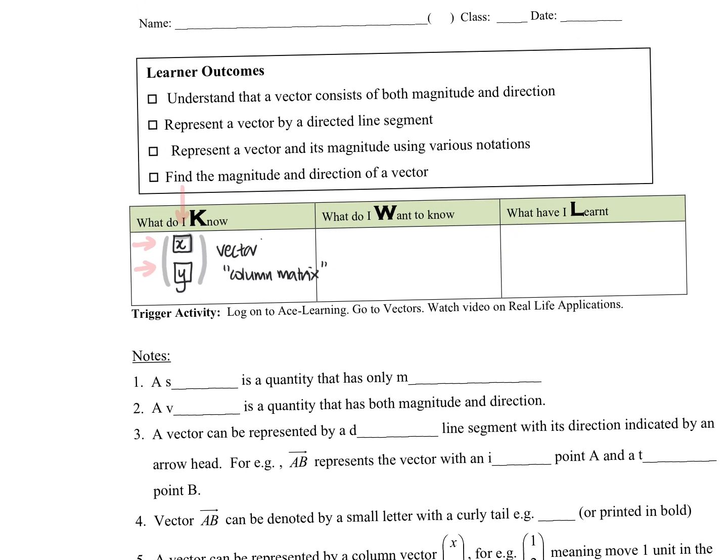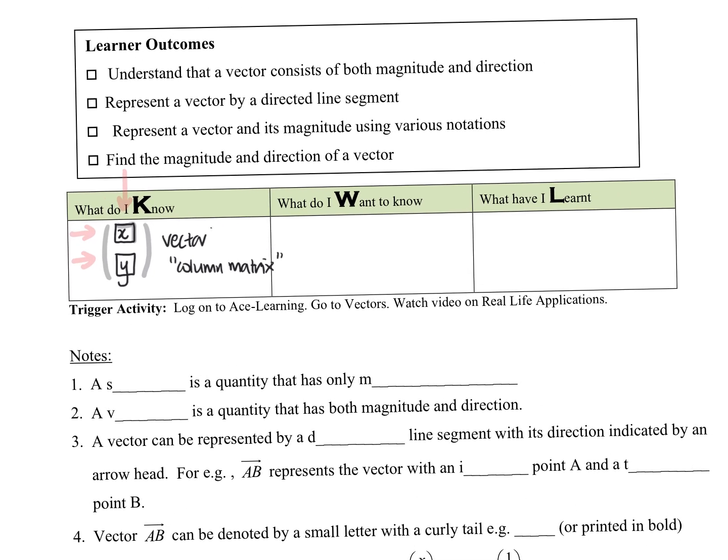Okay, so first thing first, you learn in physics that a scalar quantity is a quantity that has only what? Magnitude. Okay, but a vector quantity,